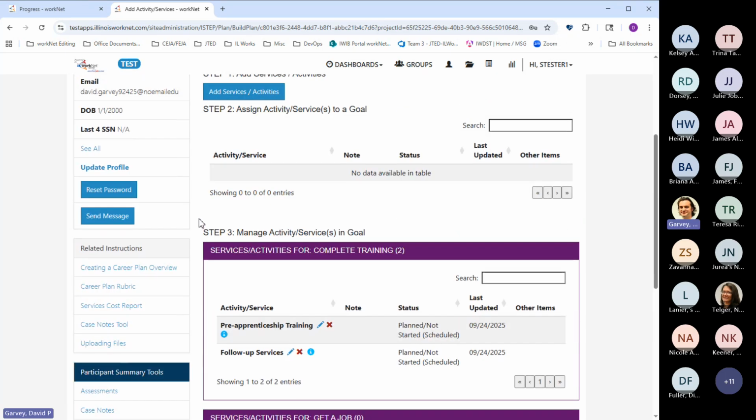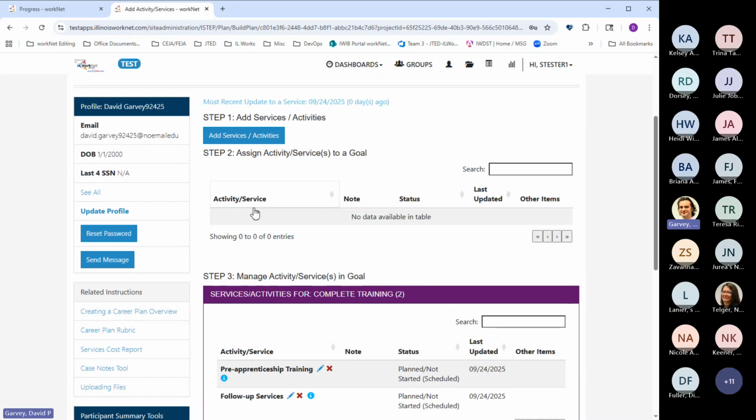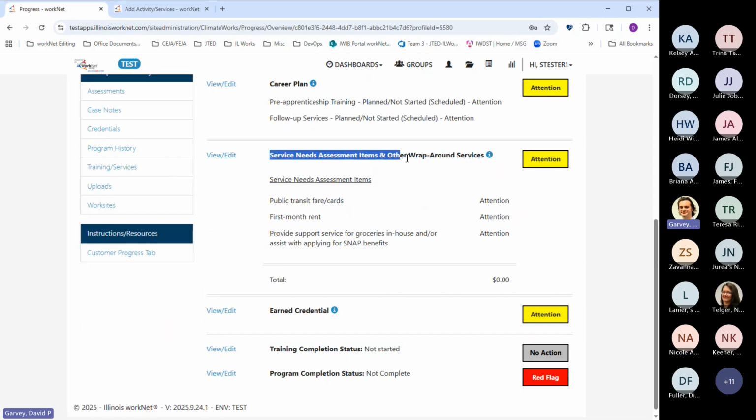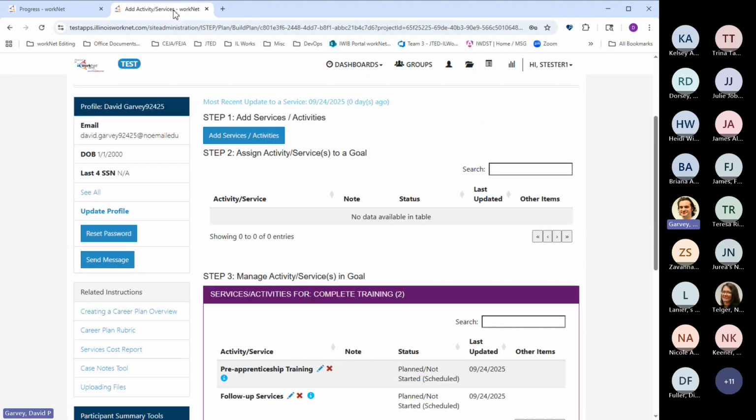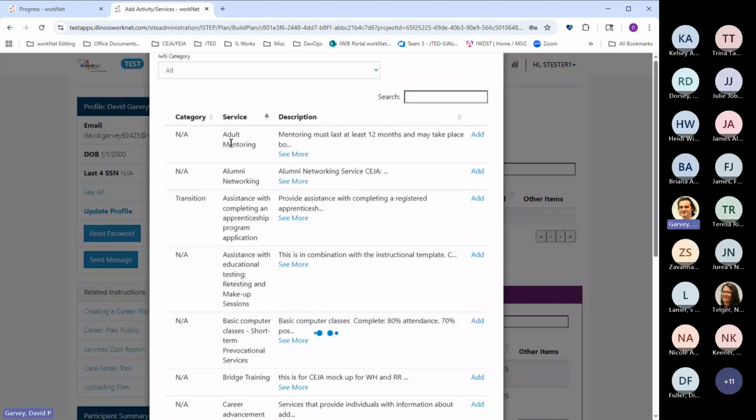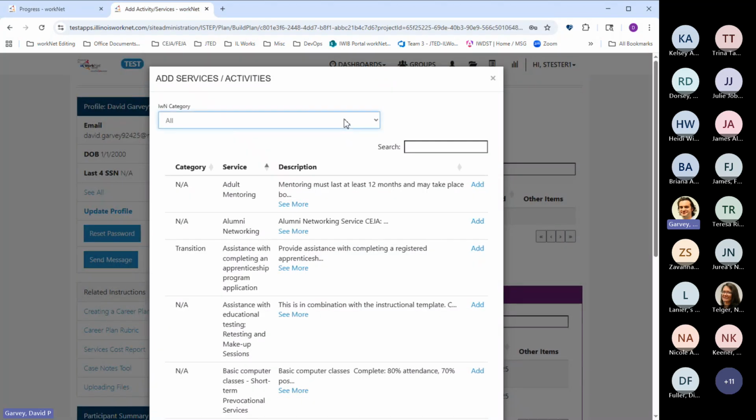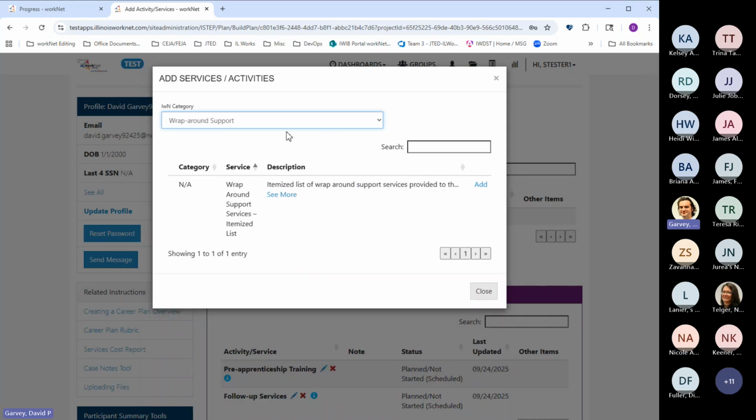So let's add the service. Specifically for the service needs assessment items, we'll go ahead and add a service, and we'll need to add the wraparound support services itemized list here.